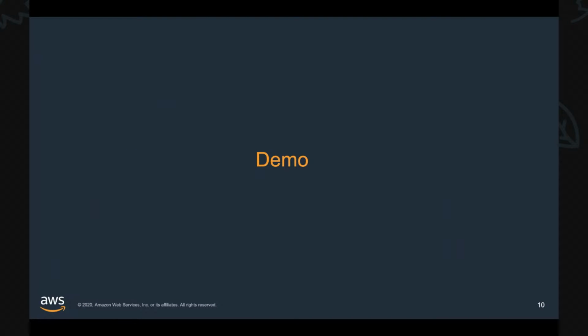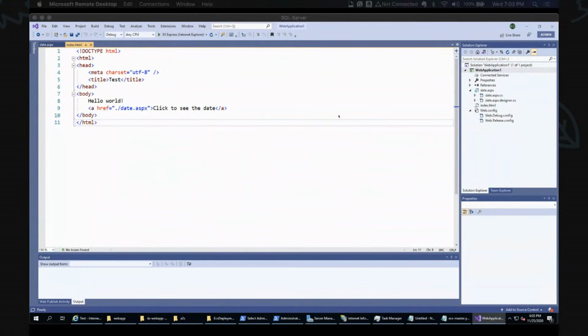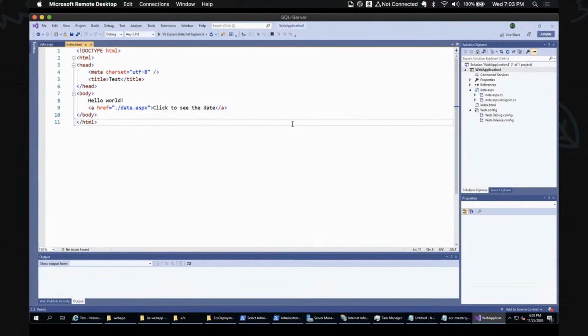Next, a demo about App to Container. So first, I go to my Windows server. Let me also check if you can see my screen. So here, as you see, this is my Windows server. I have my application. Pardon me, I'm coming from an infrastructure background, so it might look funny for some of you. This is just a basic sample web app, the web application components that I have here.